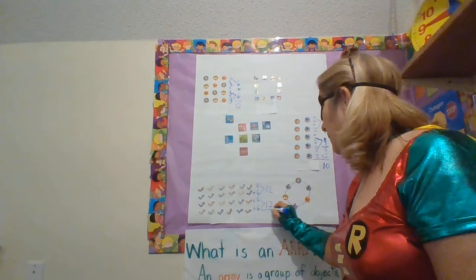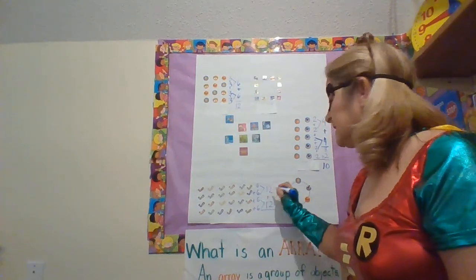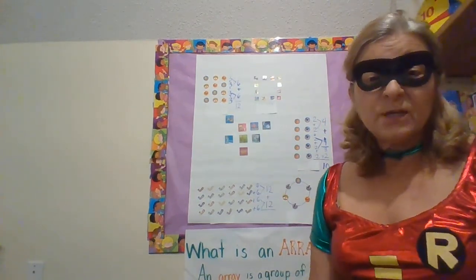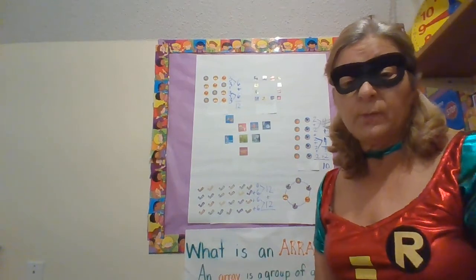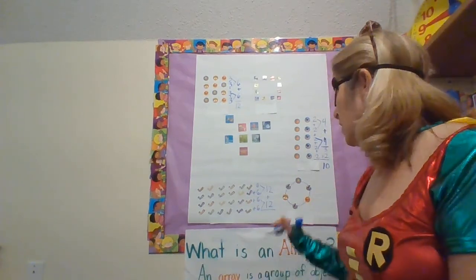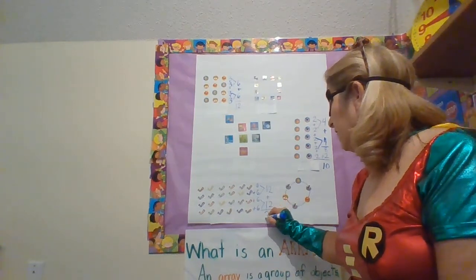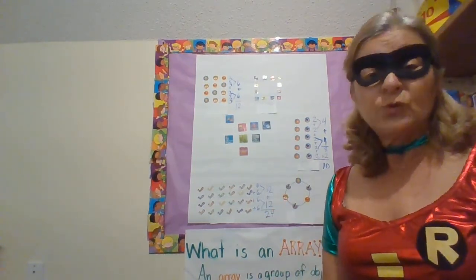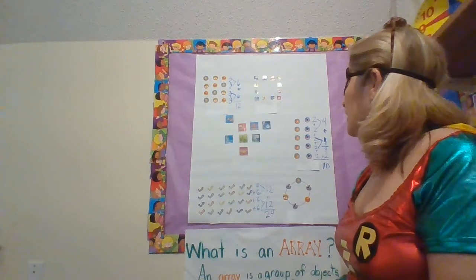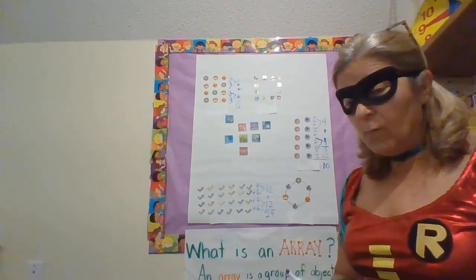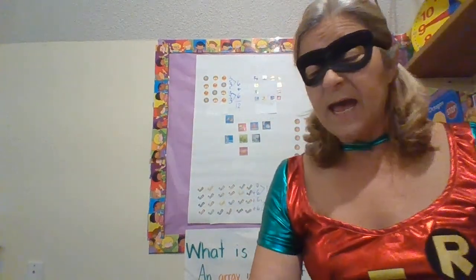So then we have a big doubles fact, and it is 12 plus 12. We don't even have to do regrouping with that 2-digit addition. We can tell that 12 plus 12 equals 24. So good job. Now, what we're also going to look at, I have the Unifix cubes that we had before,